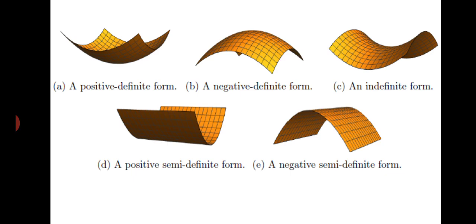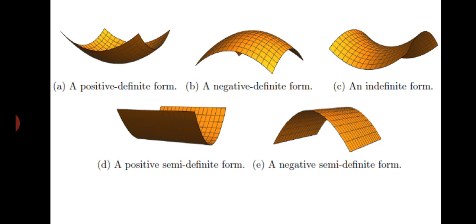Now come to picture D. D and E are very similar to those in figures A and B. D is equivalent to A and E is equivalent to B. What is the difference? The difference is in the range. D includes the zero value also, from 0 to infinity, whereas E goes from minus infinity to 0. So the difference is very clear.